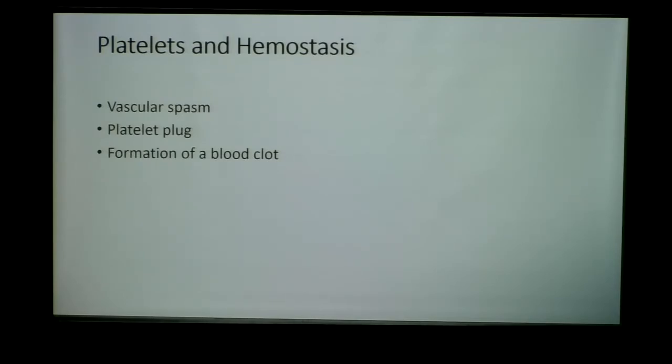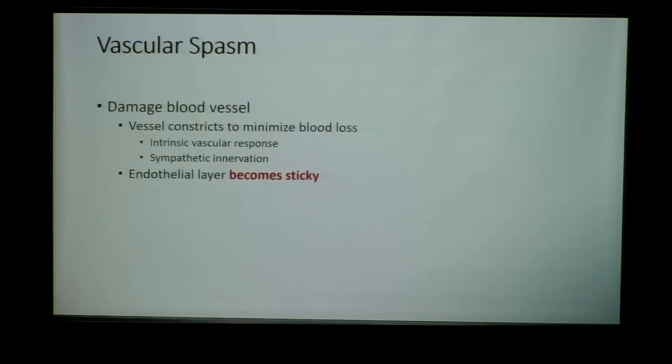So the three processes involved are vascular spasm, platelet plug, which is the primary mechanism of stopping that blood flow and beginning the wound healing process, as well as the formation of a more permanent blood clot, which we'll speak about, called a thrombus. So vascular spasm is basically the blood vessel's way of minimizing blood loss. This is basically constricting that vessel, vasoconstriction essentially, to decrease the amount of blood that could be lost as a